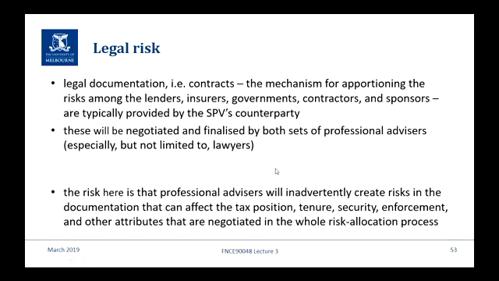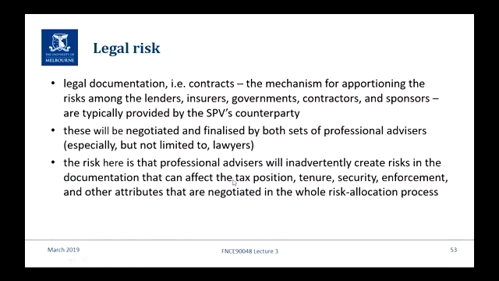So there's a big process of negotiation. But the risk is once you've gone through the negotiation and you've come to agree everything, because of the difficulties in specifying all potential outcomes, the advisors inadvertently create risks. And it's not just the lawyers. If the lawyers haven't been properly briefed, then there might be risks in the documentation, and it might create a tax risk. You might miscategorise an expense, and in the country you're in, it's no longer a tax deduction because you put it in the wrong category. For example, you might have something in there that defeats security, and so on.